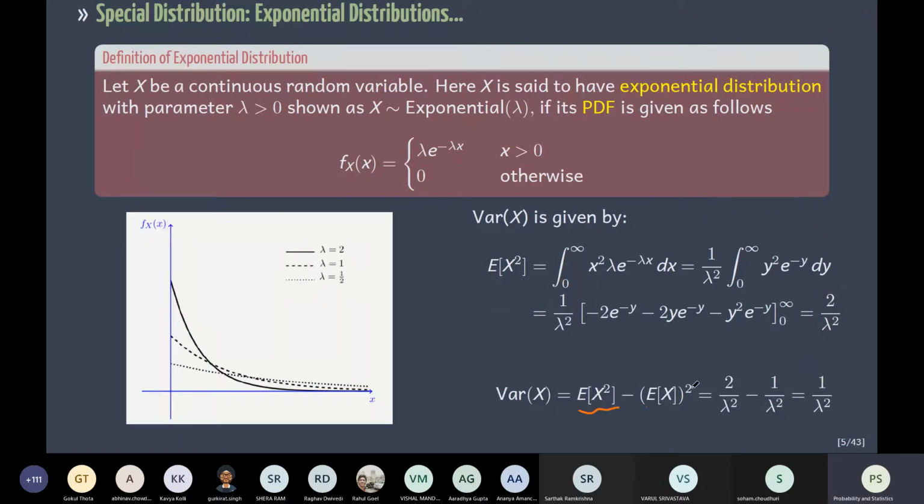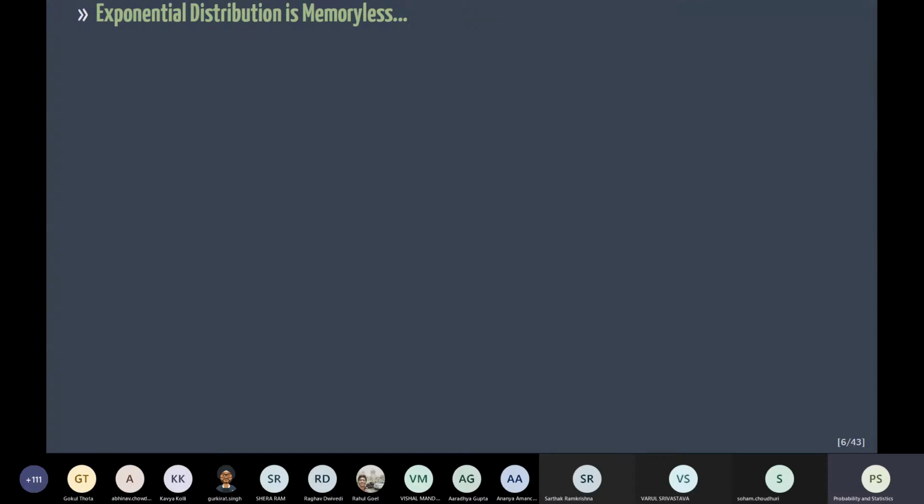So expectation of x square minus expectation of x whole square is the variance. So this is 2 over lambda square minus 1 by lambda whole square. So this is what we get as the variance. Okay. So one of the important properties of exponential distribution is that it is